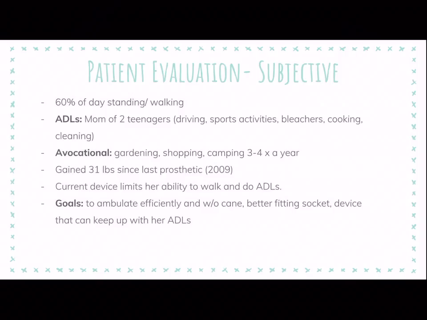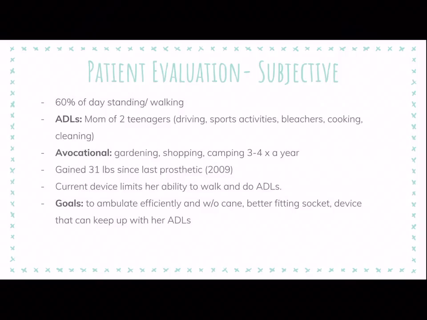Some additional avocational needs include gardening, shopping, and camping with her family about 3 to 4 times a year. Her last prosthetic was given to her in 2009, and it's now giving her issues, mainly due to the age of the prosthetic, as well as the wear and tear of the components. And she also gained 31 pounds since that last prosthetic was given to her, so it's causing her issues with